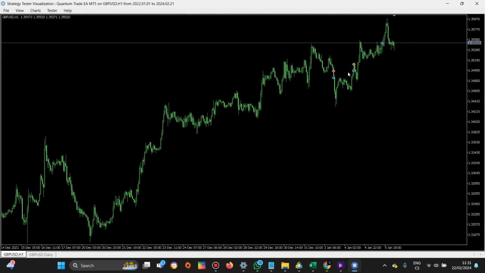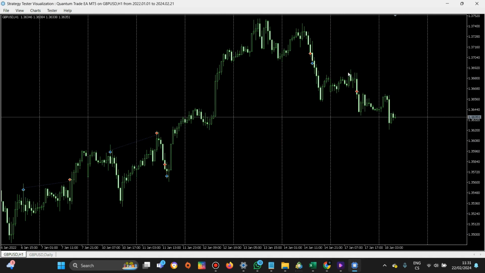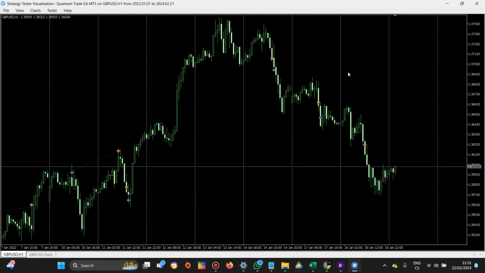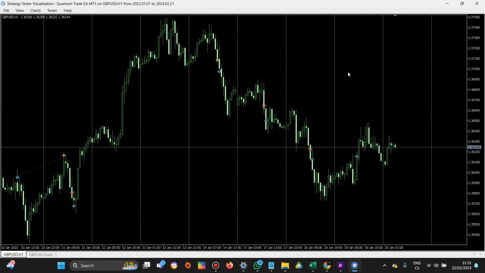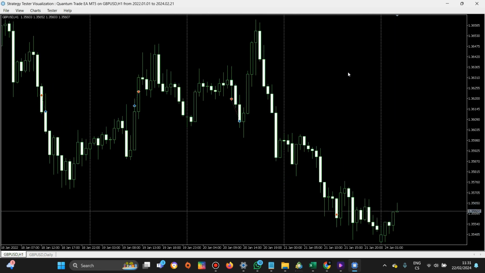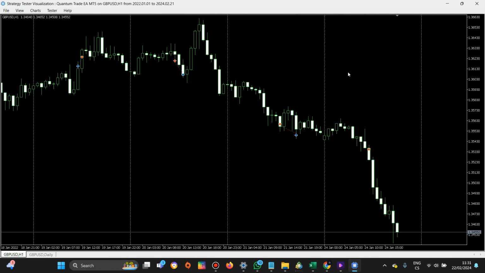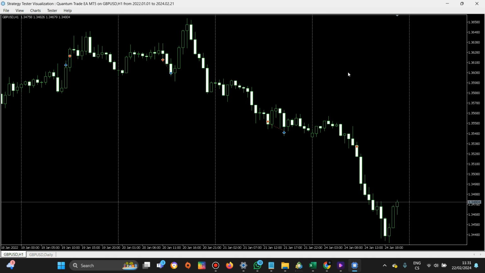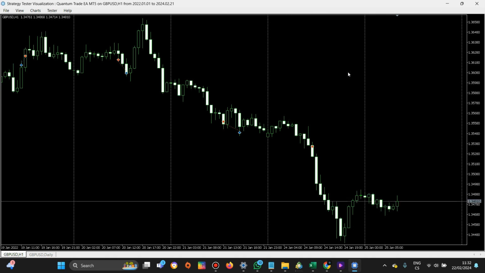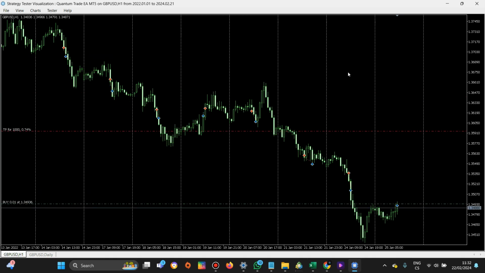If you check this, this EA is actually extremely simple. It opens at a certain time, it opens two... okay, I will slow this down for you so we can see it. At a certain time it opens two pending positions, one for buy and one for sell, and after that it waits for the price to reach one of these levels, and then it opens the desired position, and that's it.